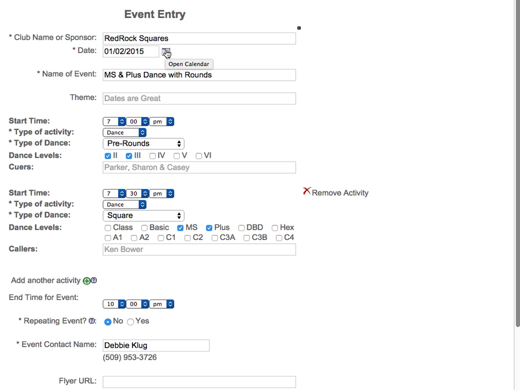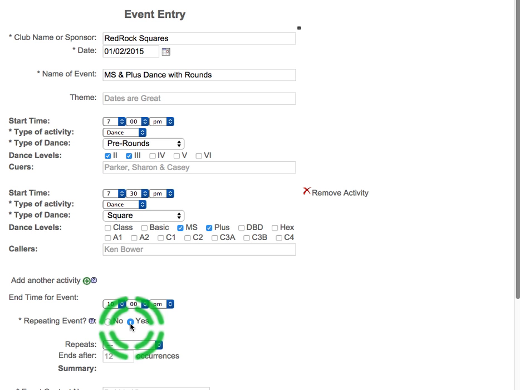We're going to enter the whole year, and we're going to start by moving down to the last item that we didn't take advantage of when entering a single event, and that would be the repeating event. We'll click on repeating event. For repeats, we decided this club dances the first and third Friday of every month, so we'll say first and third week. In the ends after occurrences box, since there's 2 dances every month and 12 months in the year,